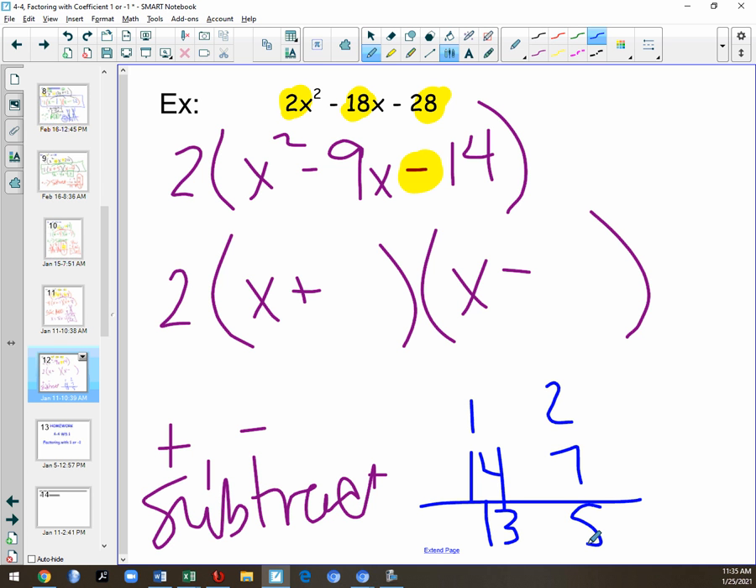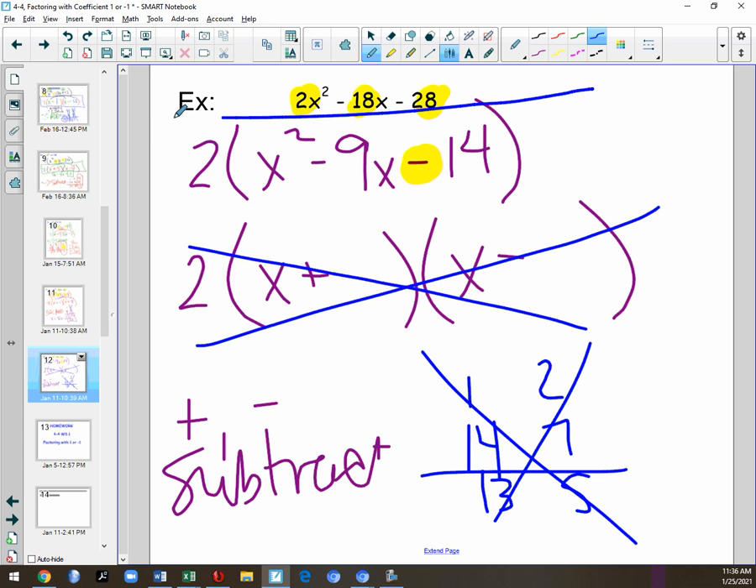Well, here's my question. Am I ever going to come up with a 9? I can only get a 1 and a 14 or a 2 and a 7. None of those are going to subtract to give me a 9, which means I cannot factor this at all. Which means this is as far as I can go. Okay? Since I cannot get 9, 1 and 14, subtracting them is going to give me a lovely little 13,